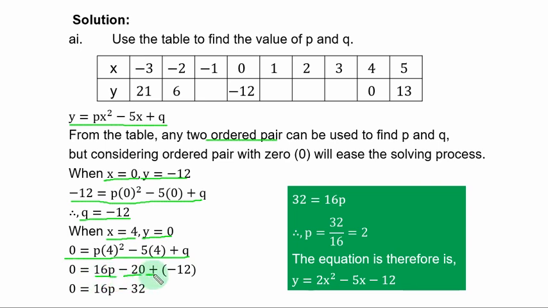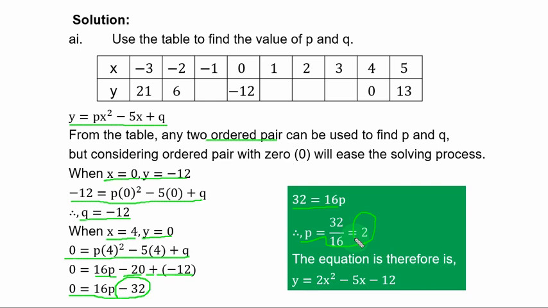And what is q previously? Minus 12. So you have 0 equal to 16p minus 32. If you transfer minus 32 to the left hand side, you have 32 equal to 16p. To get p, divide both sides by 16, and you have p equal to 32 over 16,